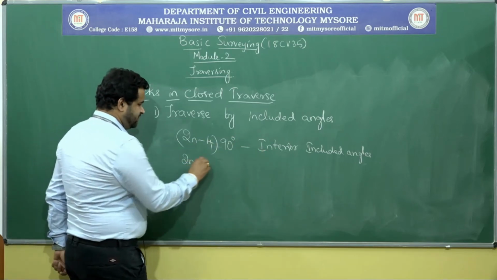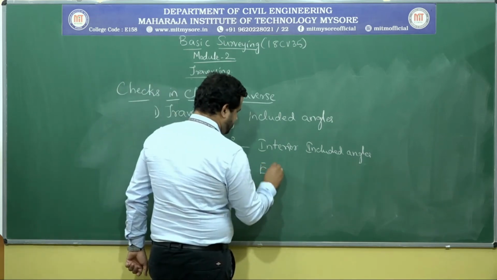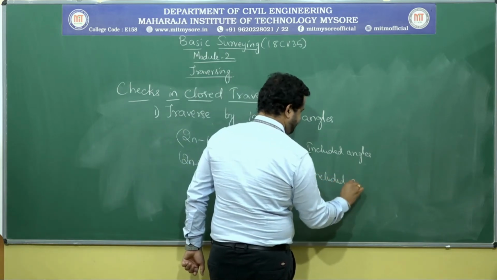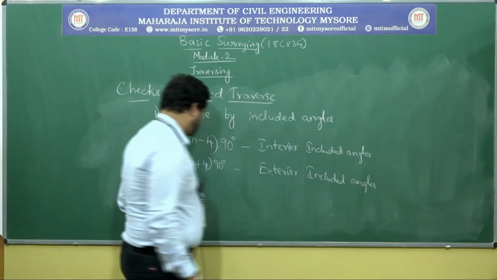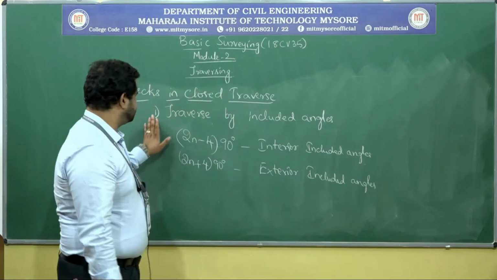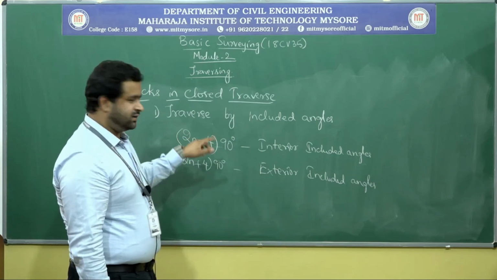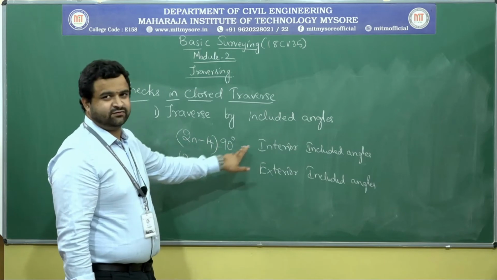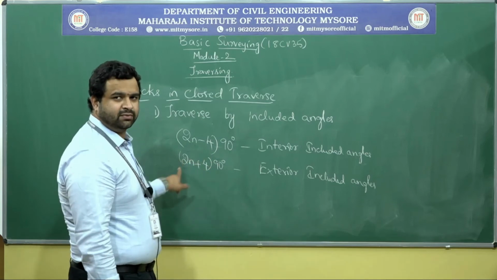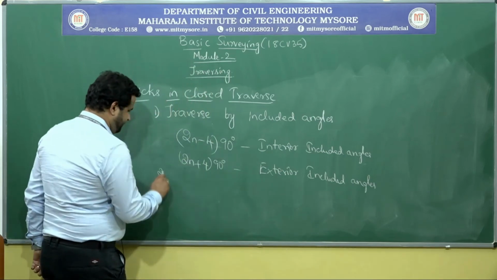Similarly, the check 2n plus 4 into 90 should be applied for exterior included angle. That is, the sum of all the exterior included angles should be equal to 2n plus 4 into 90. So the first one is traverse by included angles, that is the sum of the measured interior angles should be equal to 2n minus 4 into 90 degrees for interior included angles. The sum of the measured exterior included angles should be equal to 2n plus 4 into 90 for exterior included angles. Okay. Next, the second one is traverse by